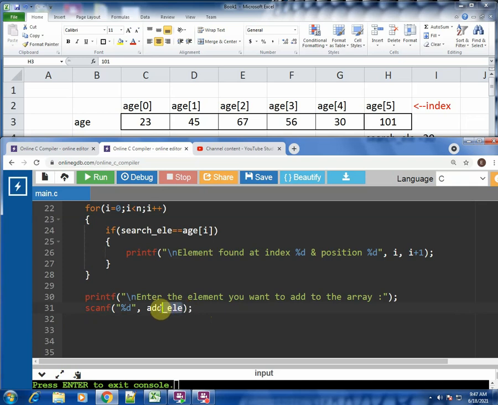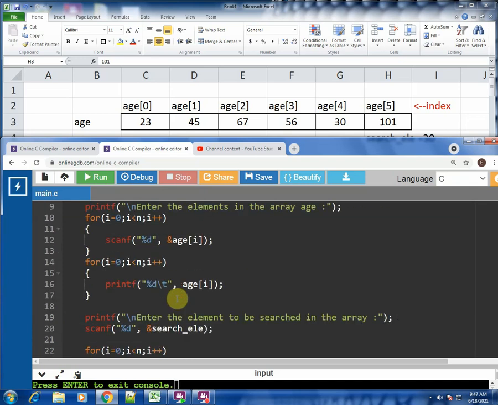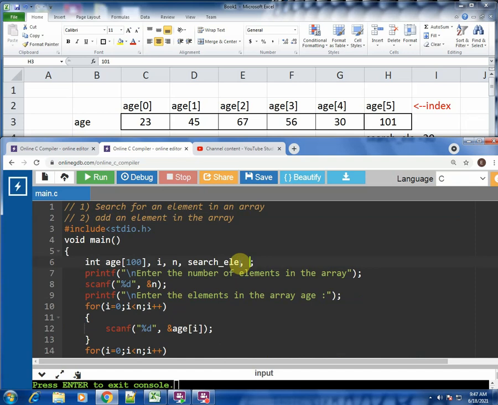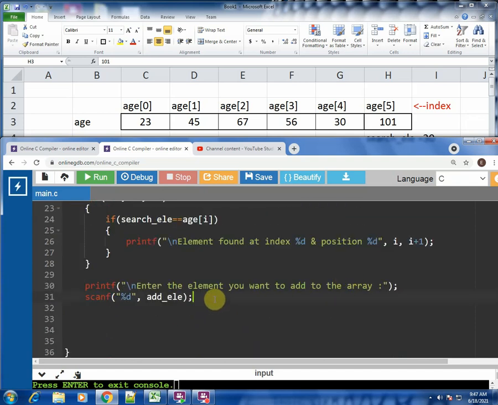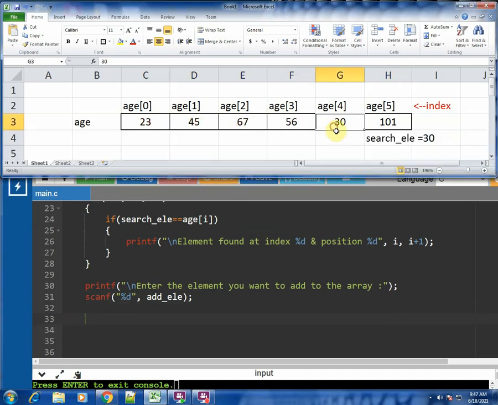Because we have not declared this previously, let us declare it now. Otherwise we will get a syntax error. Okay, done with this. Next thing is how to add. Now remember that the array size you had previously asked from the user, and the user said 5, because there were only 1, 2, 3, 4, 5 elements. Now you have to put another element, which means the size will increase to 6.